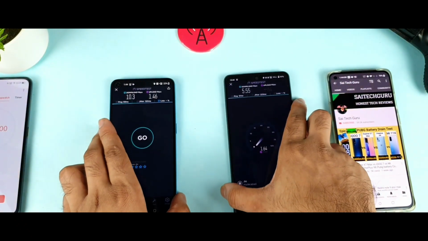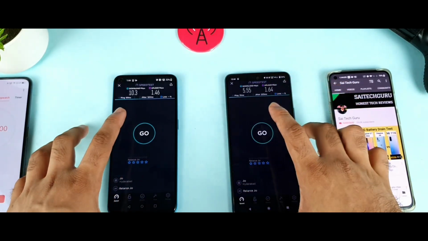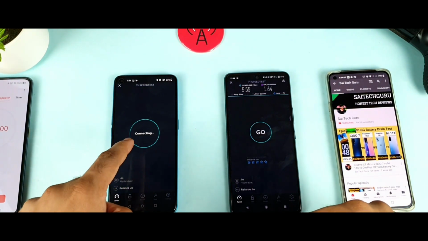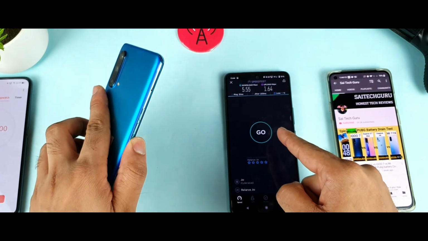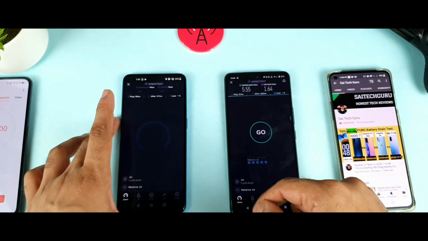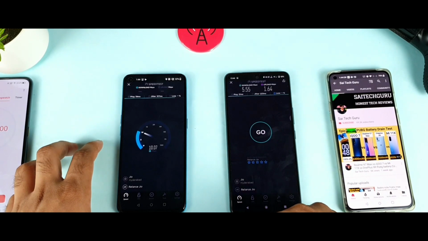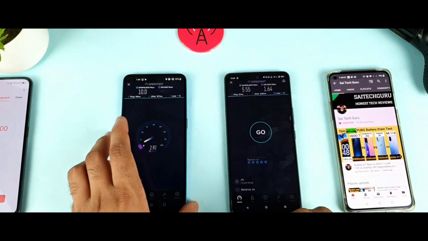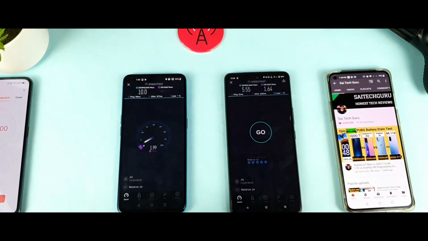Now let me do the test one by one, because whenever you do the test at the same time, the speeds obviously decrease, friends. That is what I observed. I'll do it first on the OnePlus Nord device, and then continue on the iQOO 7 device. Let's see how much speed I can expect on this phone. Right now the speeds are 10 Mbps, 11 Mbps, 11, it went down to 10. It's staying constantly close to 10 during this test. Without much trouble, it went smooth, and even the upload speed got slightly better. As you can clearly see, friends, these are the results.